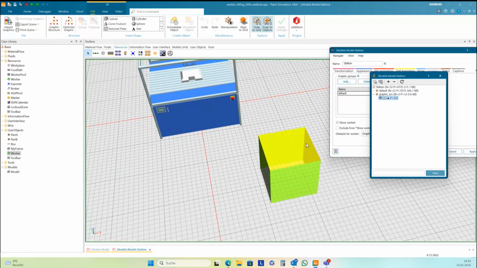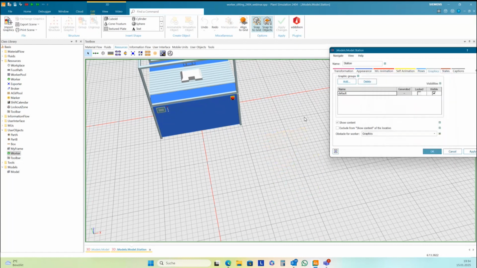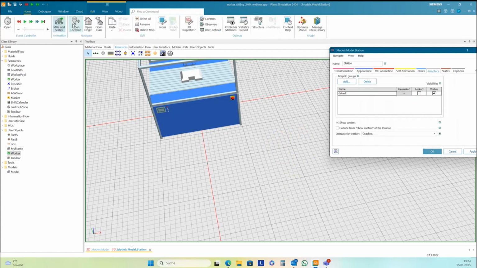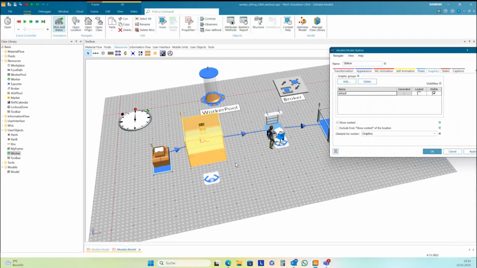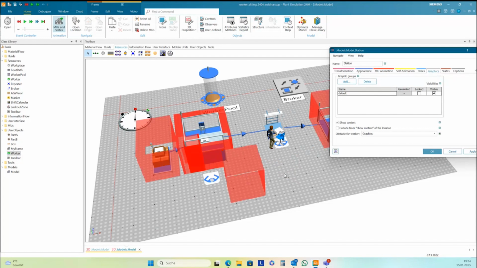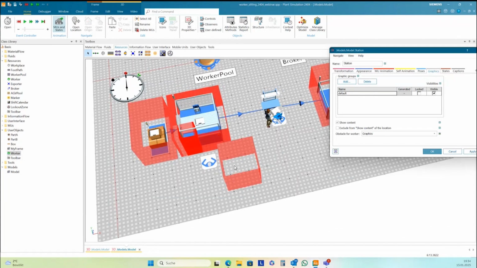So I just cut it here and place it here. And then I make this graphic invisible. Okay. I go up. And you see, okay, this invisible graphic here is also an obstacle for the worker.